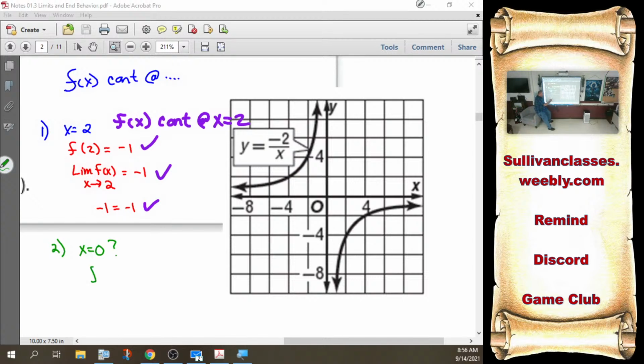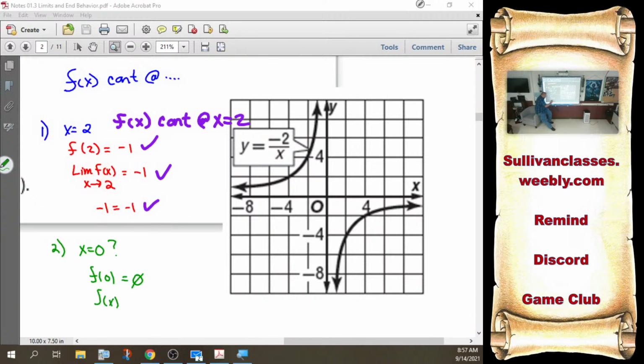First, I'm going to say, does f of 0 exist? You got it in your calculator. Hit the 0 button. Does it work or does it break math? Error. So, does not exist. It's already failed the test, so I know it's not continuous. I'm going to keep going. You have to keep going to show the whole test.